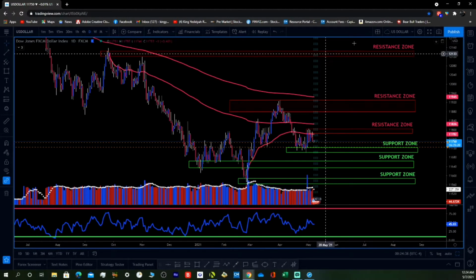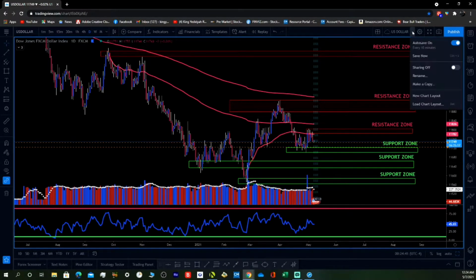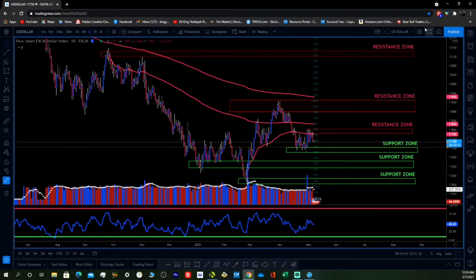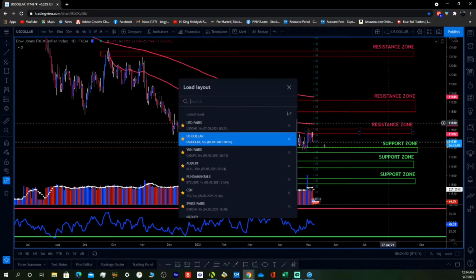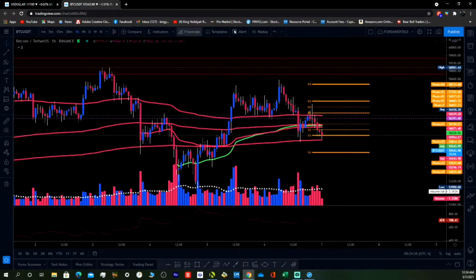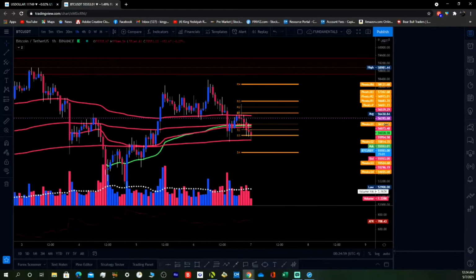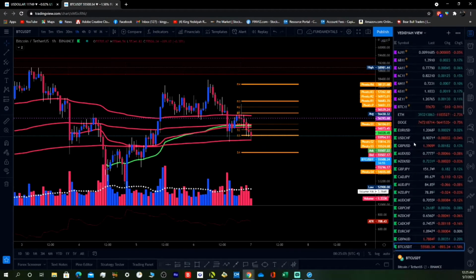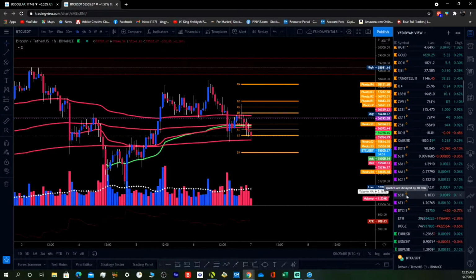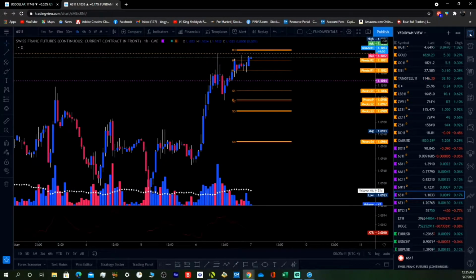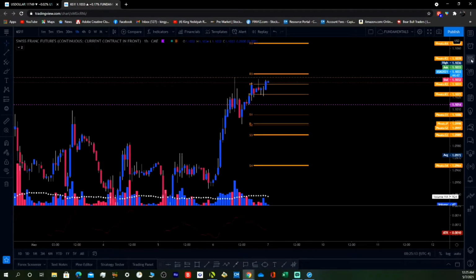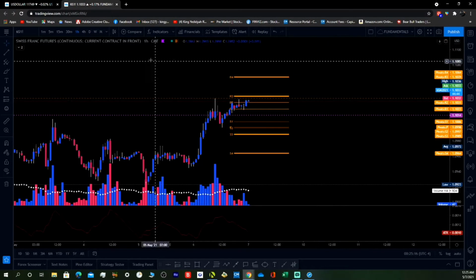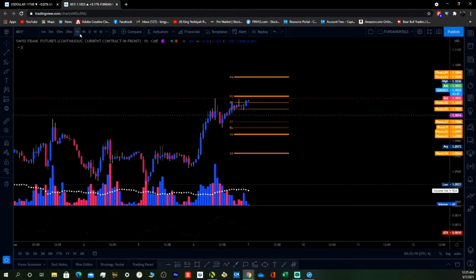So all right, let me go to my fundamentals charts, and now we're gonna go to the Swiss futures, right? So we're gonna look at what the Swiss futures did today. The Swiss franc, let's see what the futures say. So on the hourly chart, let's go to the 4-hour.